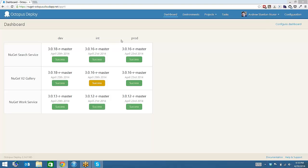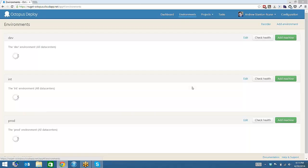So the question, well, what tends to happen on a lot of projects is the production environment never mimics the pre-production environments. I'm curious to see your environments tab and get a picture of how many servers you're deploying to. Well, it's not going to be as exciting as I think you might think